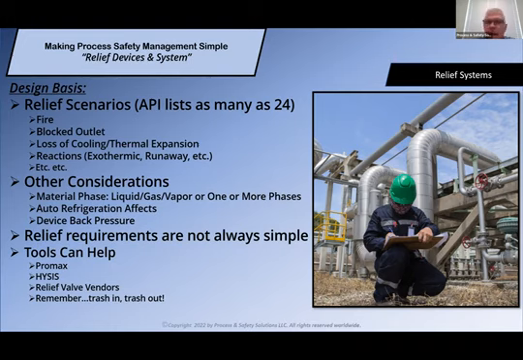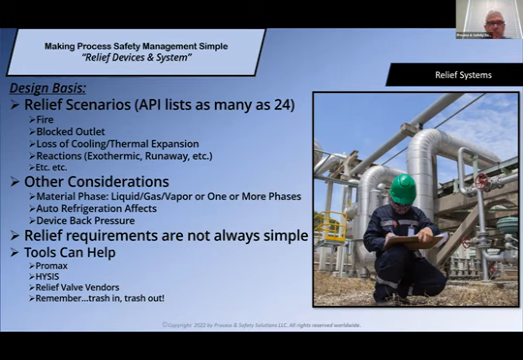Keep in mind, API has as many as 14 different relief scenarios that must be looked at. They must be determined and evaluated, whether or not those scenarios exist in your facility. We're all probably familiar with scenarios such as fire, the fire case, blocked outlet case, loss of cooling, thermal expansion,